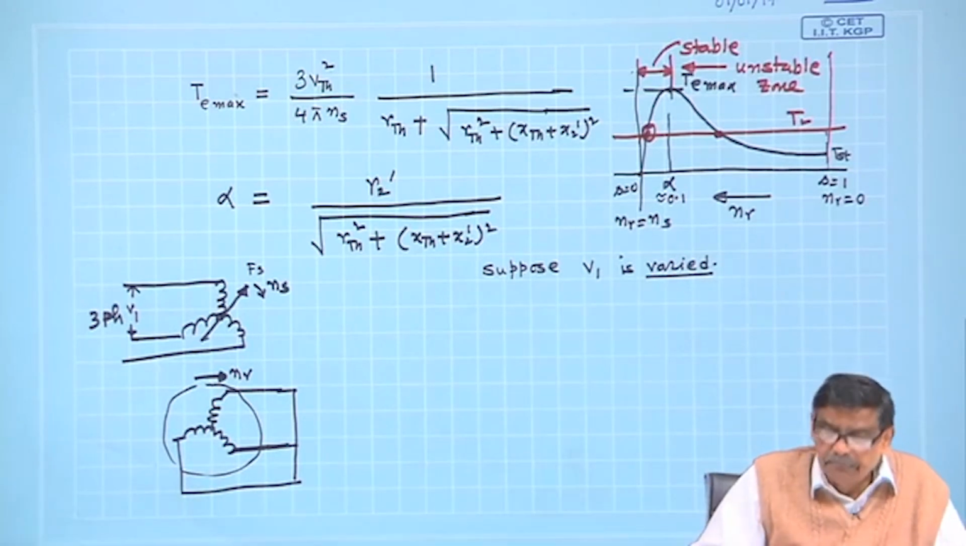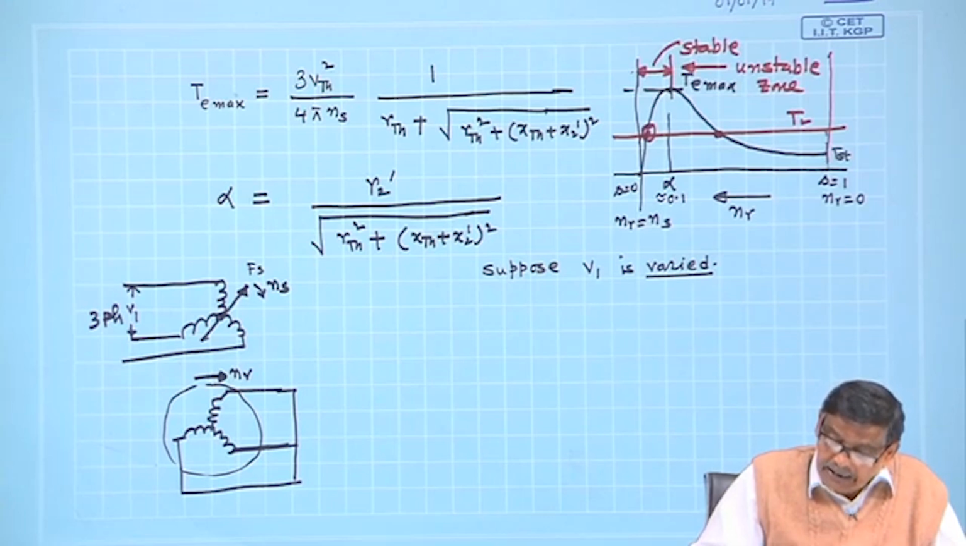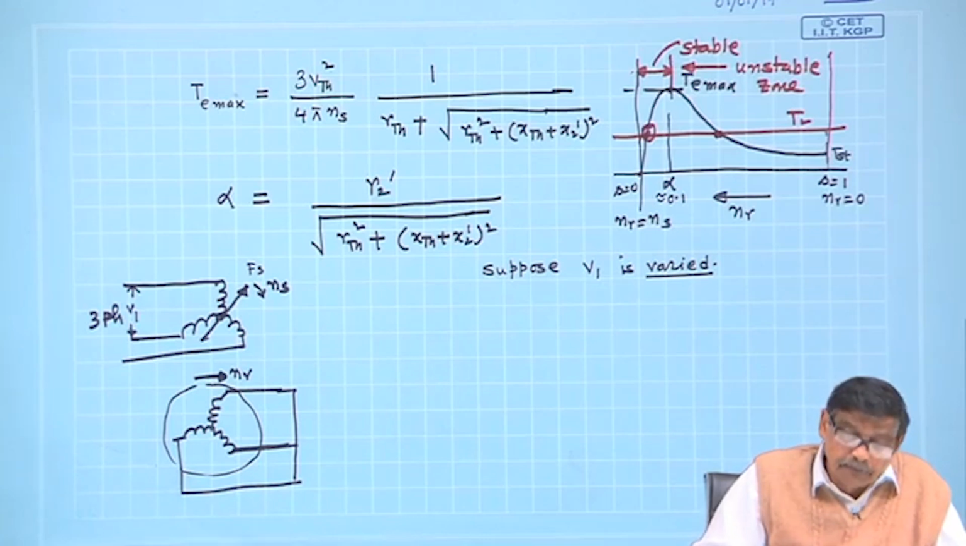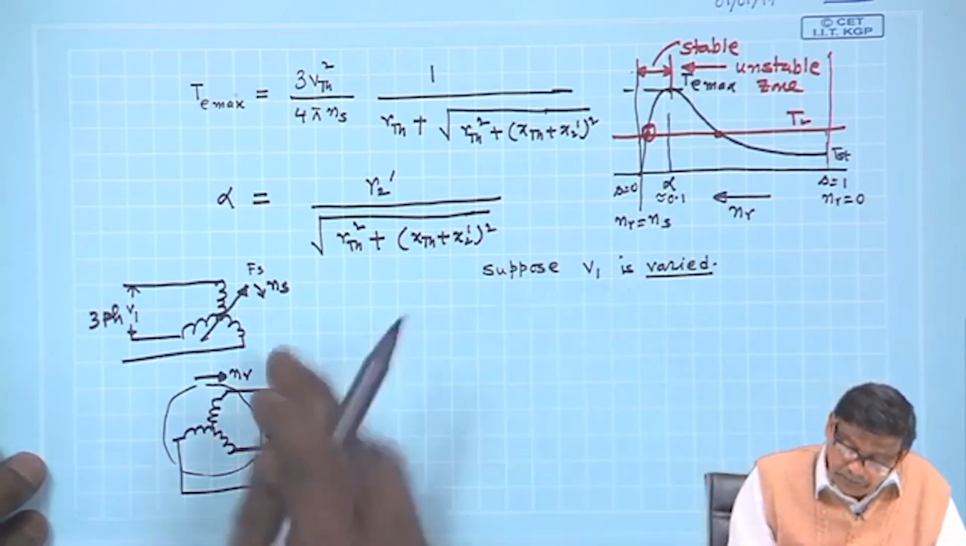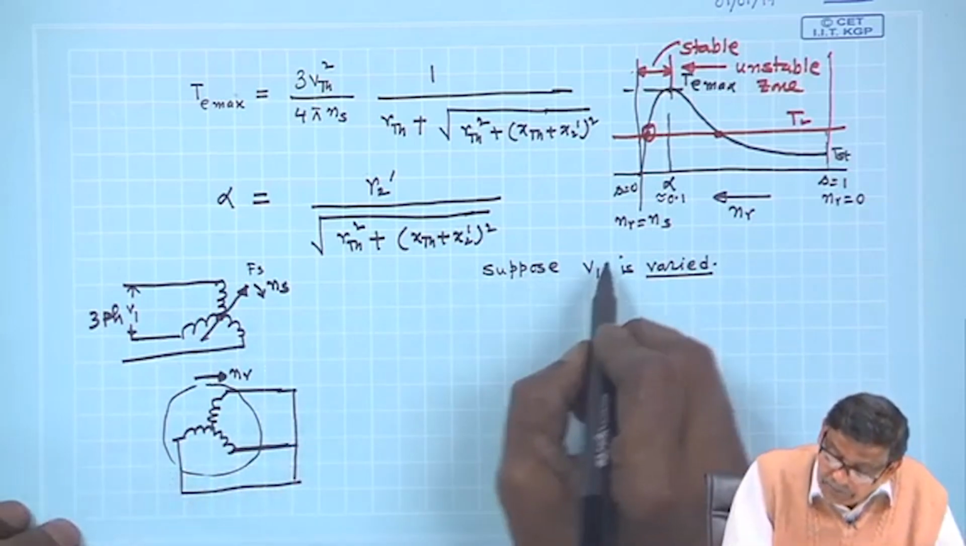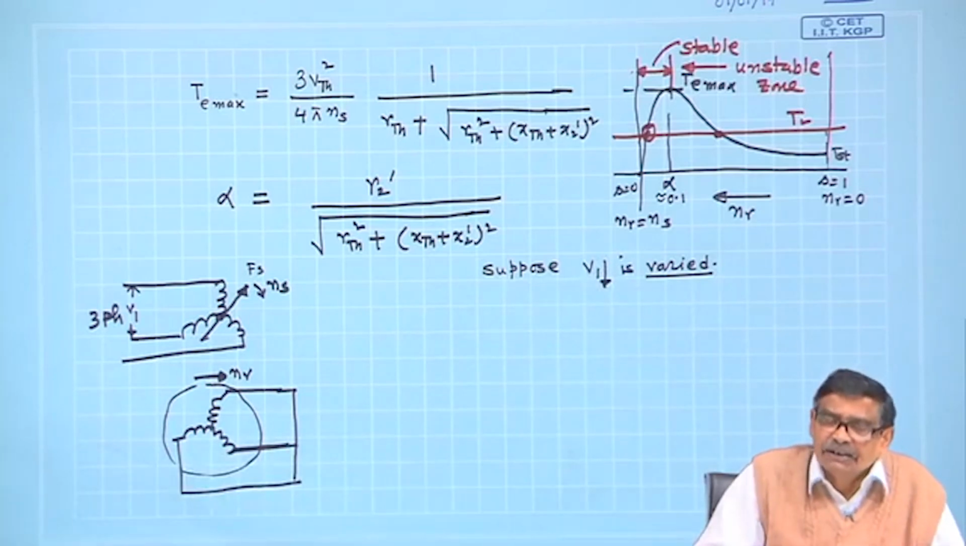For an obvious reason, if V1 is the rated voltage, I am not going to increase the voltage, because it will exceed the rating of the induction motor. I can only reduce the supply voltage. Therefore, V1 is to be reduced only, not increased, because assuming